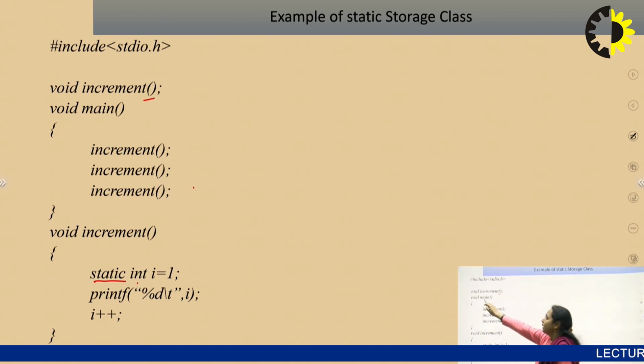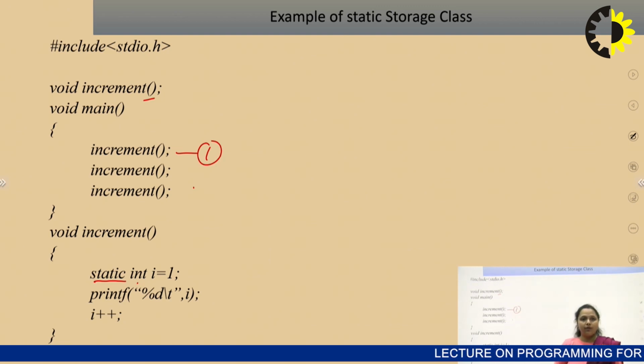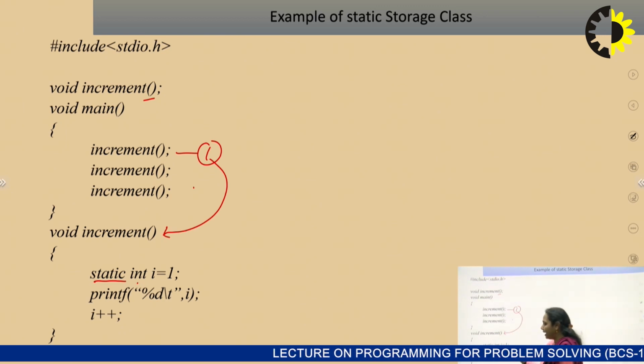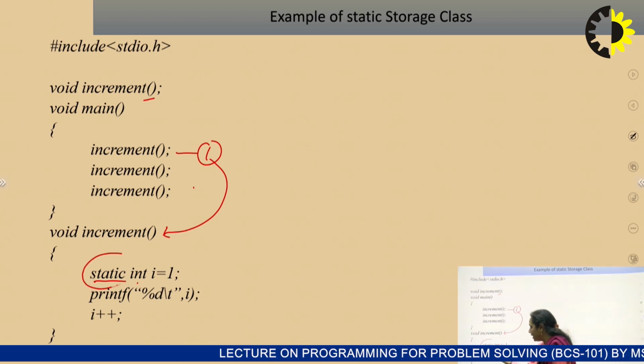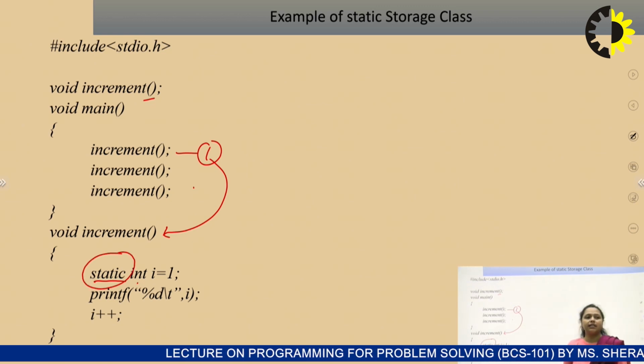How? In main, the first increment call is this. As soon as the first increment function is called, the control will go to the definition, where it is written static int I equal to 1. This magic occurs due to the keyword static.